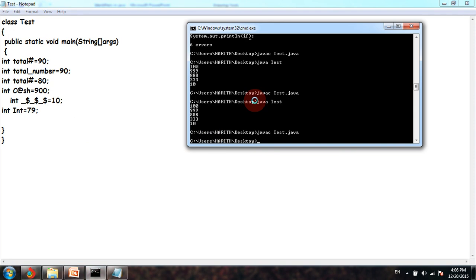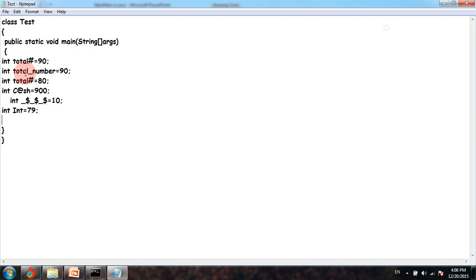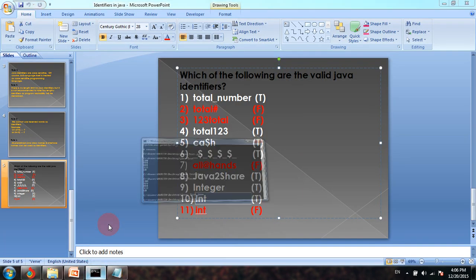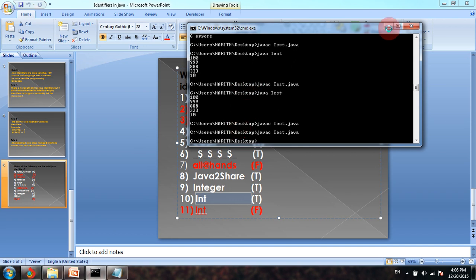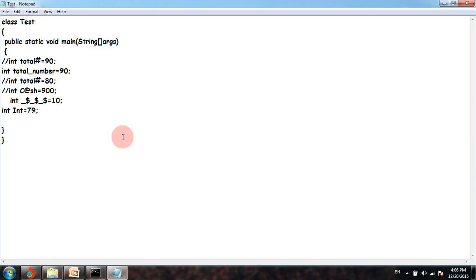Let's just compile these and see what errors we are going to get. So basically, before moving on to the false ones, I would like to comment the wrong declarations out, so that the compiler compiles fine, and then we will be uncommenting them one after the other. It compiles fine. It means the declarations which are available inside the program right now are true. So this is true, this one is also true, and this one is also true. So Int where I is in caps is also perfectly fine. It proves another point that Java is case sensitive after all.